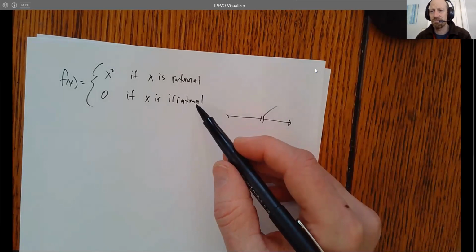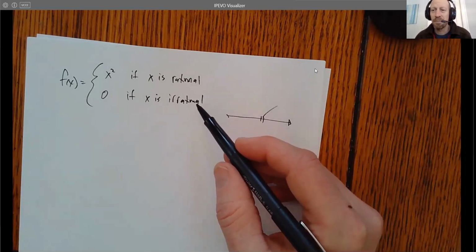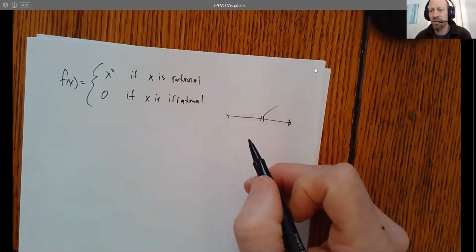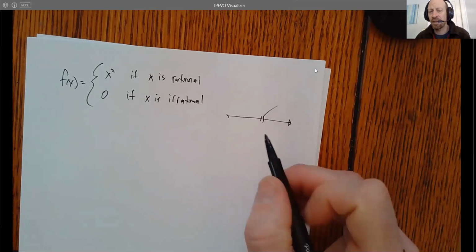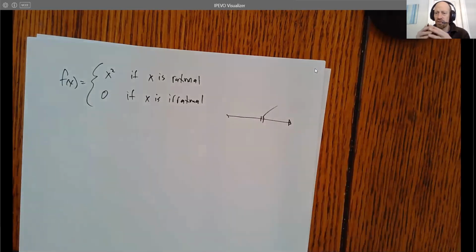We just don't bump into them as much. So irrational numbers, like square root of 2 and pi, are some special irrational numbers, but there are infinitely many of them, and they are interspersed, or dense, within the number line. Okay, so you can't escape rational or irrational numbers,